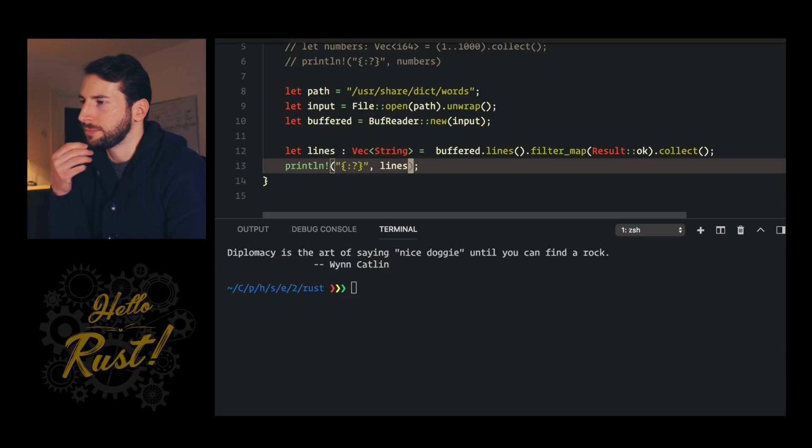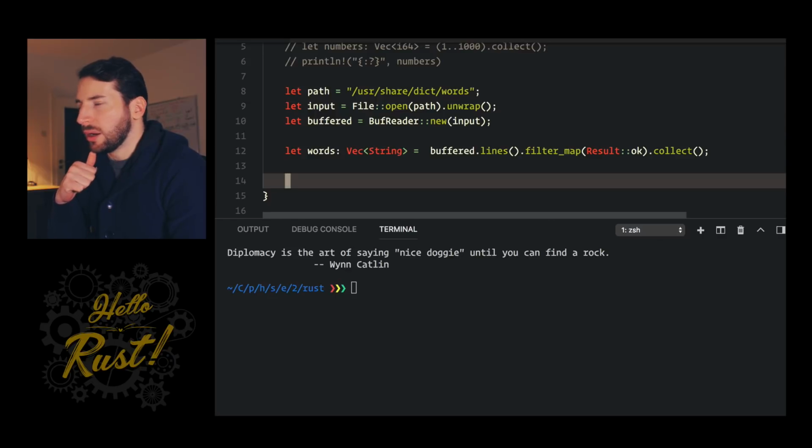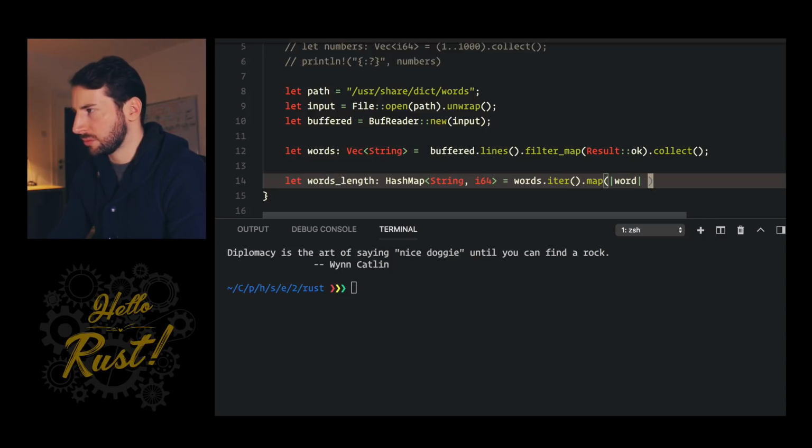Same thing can be done in Rust. Let's rename this to words. And now let's iterate over the words and calculate the length and collect it into the word's length hash map. So let words length is a hash map of type string and i64 maybe, and that is words.iter().map(word), and we return a tuple of word and word.length and collect it,